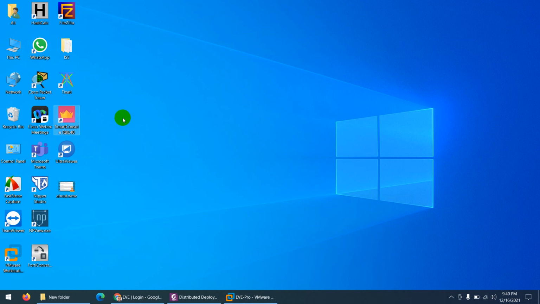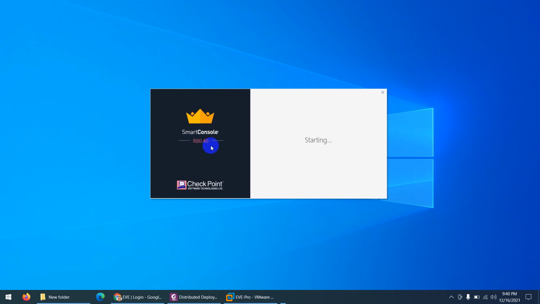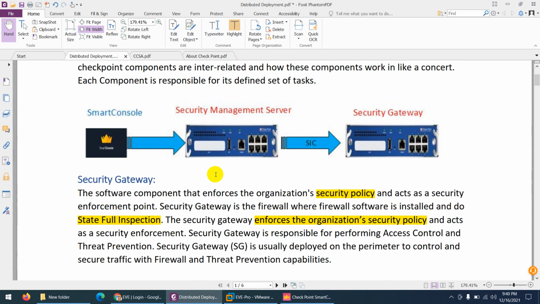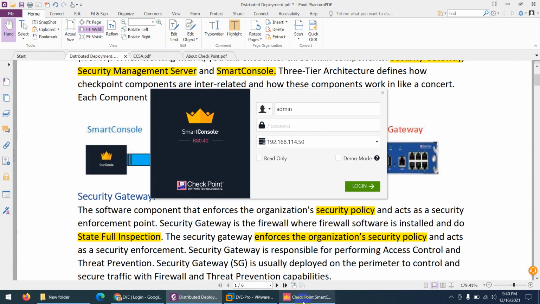This is the smart console, which is available only for Windows right now. You need to open smart console and type the security management server IP here, and when you configure everything graphically, you can then push it to the security gateway.